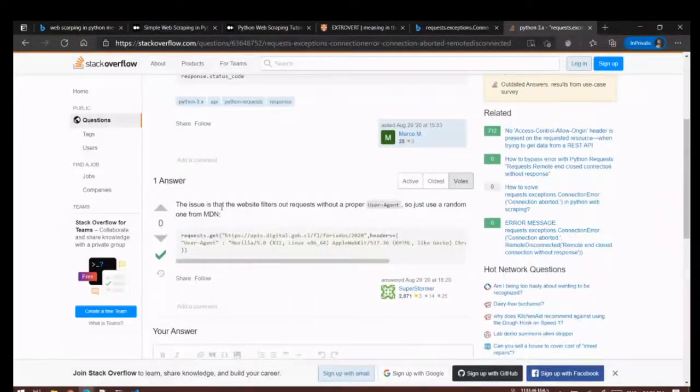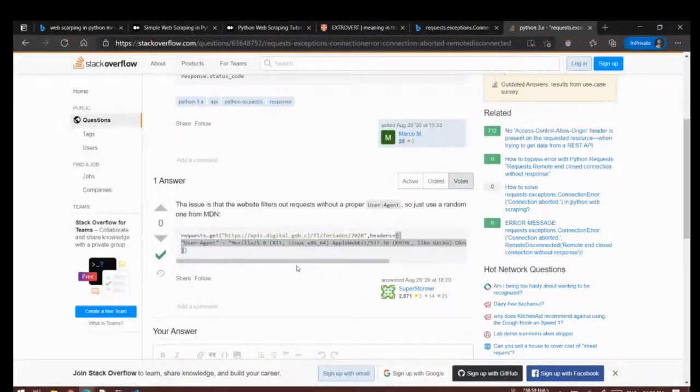So here the answer is, the issue is that the website filters out requests without a proper user agent, so just use a random one from MDN. So along with the request, along with the URL, we'll also have to pass the header, and the header will basically create a user agent which will say whether I'm a Mozilla browser or Apple WebKit or other stuff.